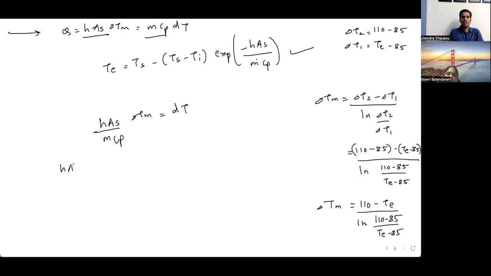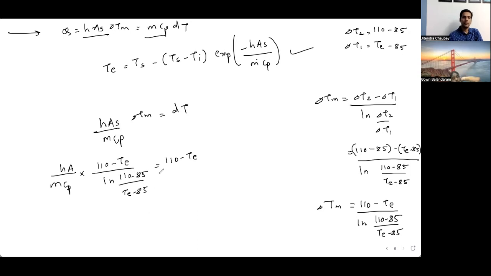So this will be like hA upon m Cp into 110 minus Te upon ln of 110 minus 85 upon Te minus 85, and dT would be